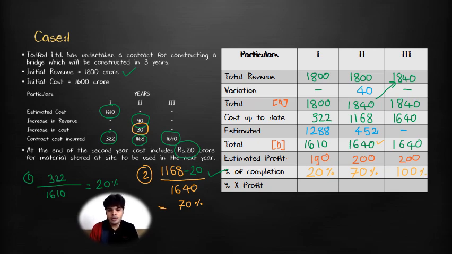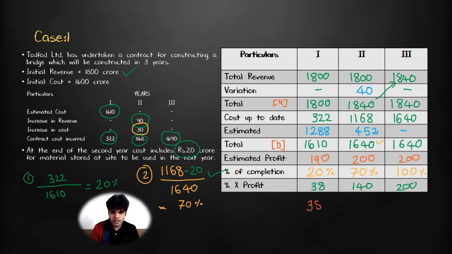Fine. Now what will be the profit multiplied by the completion? Here it is 38 profit. Here it is 140 profit and here it is say 200. But this profit is also cumulative. So how much profit will be recognized each and every year? For the first year, the profit will be